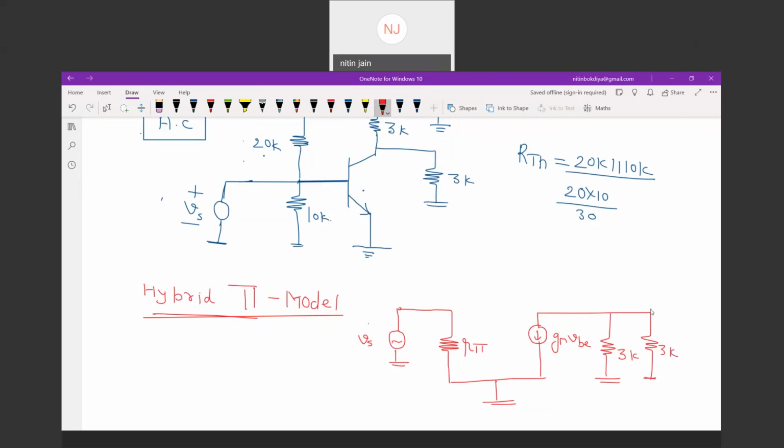And you can say this is my output voltage. So what is the output voltage? We can say the output voltage V out is minus Gm into VBE times 3 kilo ohm, and 3 kilo ohm in parallel will make 1.5 kilo ohm. Now R pi, we cannot find R pi because according to this R pi is equivalent to infinite. So what will we do,